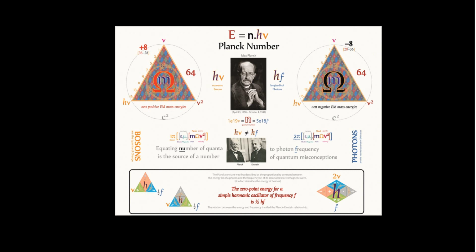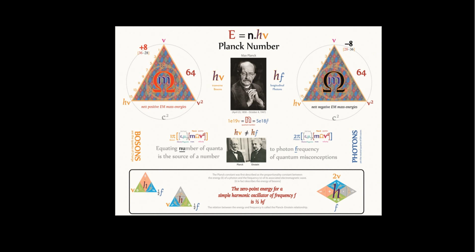When you look closely at the work, you find that bosons being a single triangle and photons being a dual triangle, in order to be neutralized and propagate in two directions at once, you cannot relate h nu to hf. You can say n h nu equals hf if and only if n h nu happens to be an even number, because you need an even number, otherwise you end up with an odd number and you have a boson left